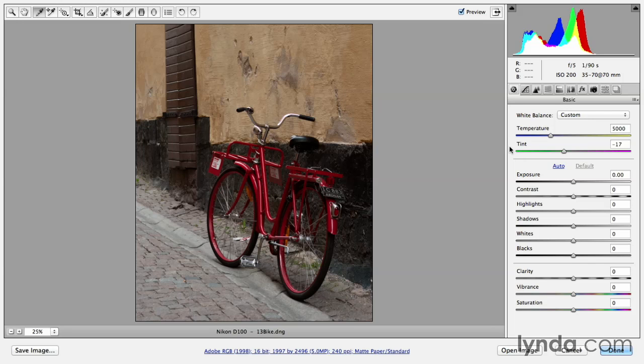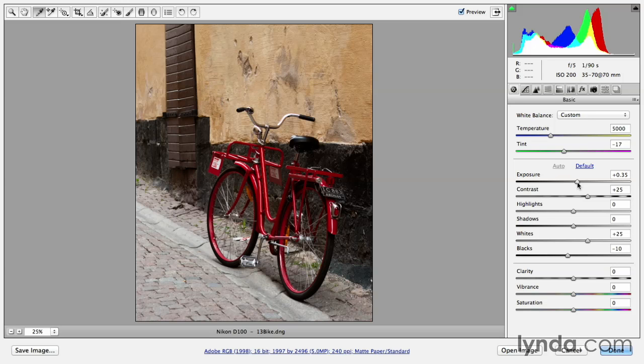Then, in order to lighten the image a bit, I'll click the Auto option here and see how Camera Raw lightens it. Obviously, I can refine it from here, so if I think the exposure change was too great or too little, we can go ahead and make our changes. I can also add a little bit of contrast if I want to, and if I toggle on both my